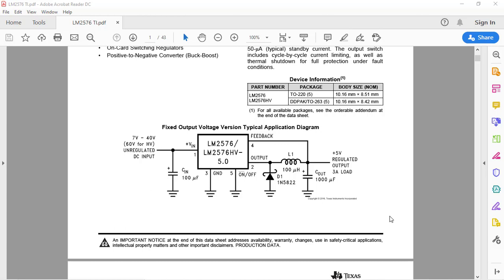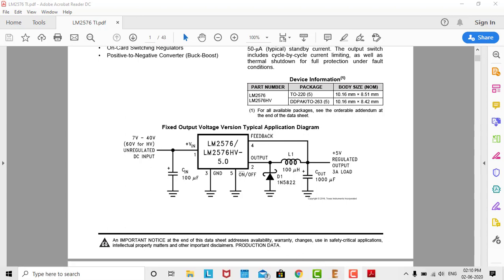Hello. From this lecture, we'll start creating our circuit diagram for this power supply. So this is the circuit diagram which is given in a data sheet. Now we have to draw the same circuit diagram in our project. So go to Eagle,